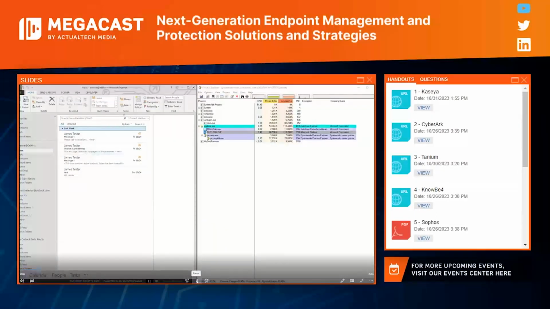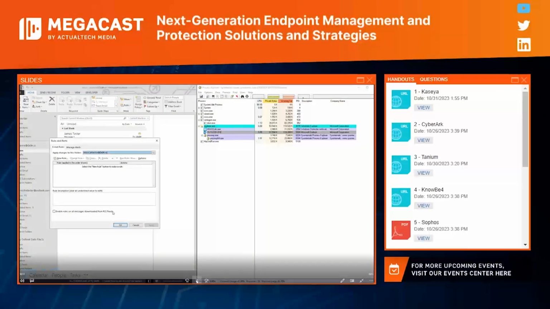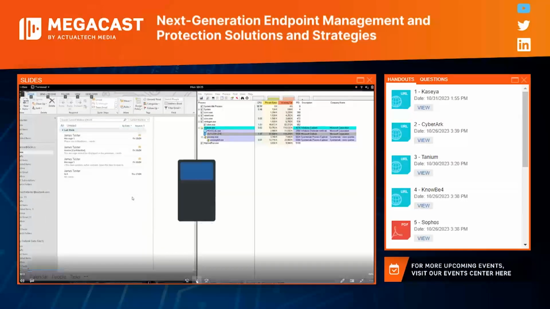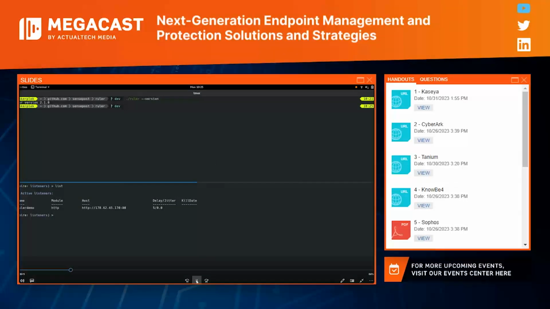Now this is the victim client in Outlook. They're showing you that they don't have any rules or forms right now. It's all blank. On the right side of the screen, they have Process Explorer by Microsoft showing you what's running. And at the first Ruler tool that they run at the top, they're showing you the email address of the person, and the form is going to be called display.